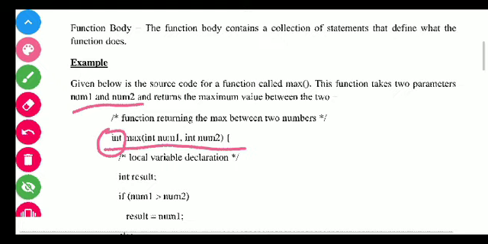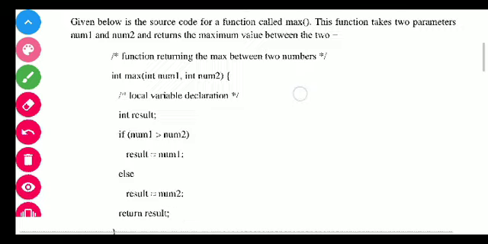So this is one parameter, and the second parameter is what? int num2. While calling this function, the main program will transfer some value to this one and another value to this one. So while starting to execute this program, we have some value inside num1 and some value inside num2, which is transferred from the main program. So moving ahead, we can see that